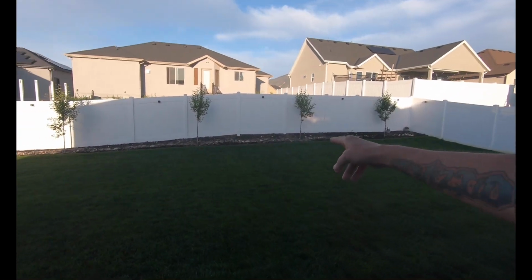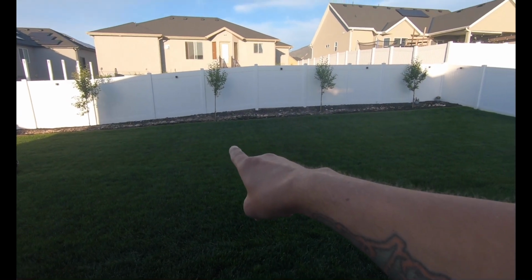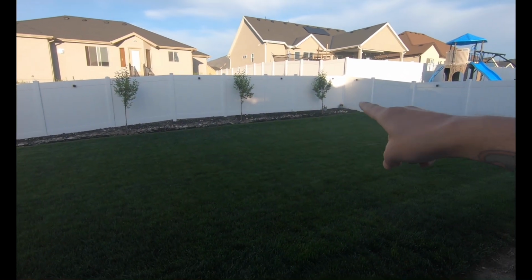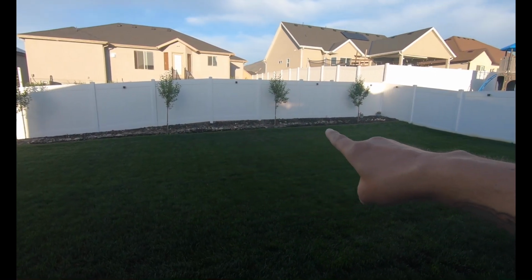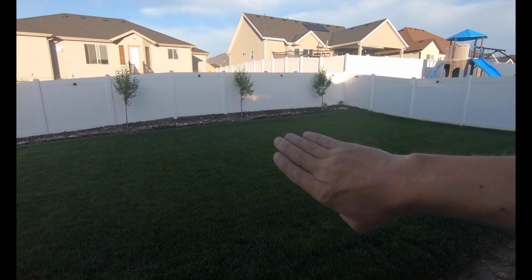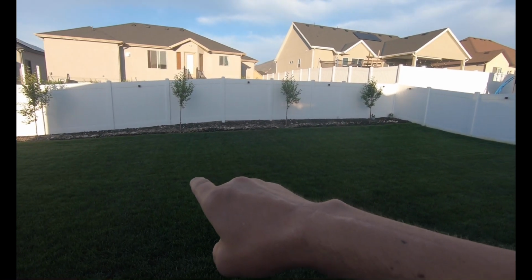You'll see that right along the dry creek bed that we have set up here, it kind of has a slope to it. When it gets hot,